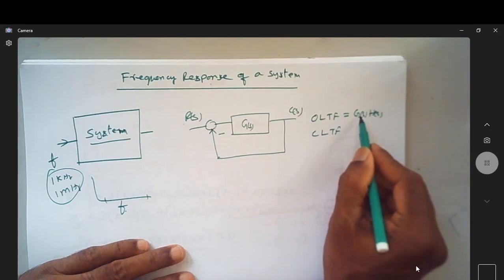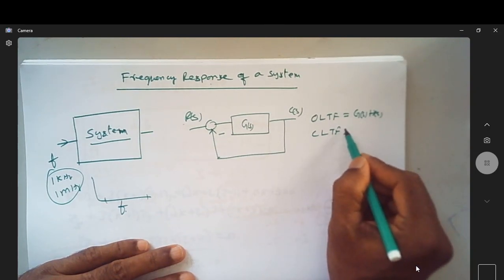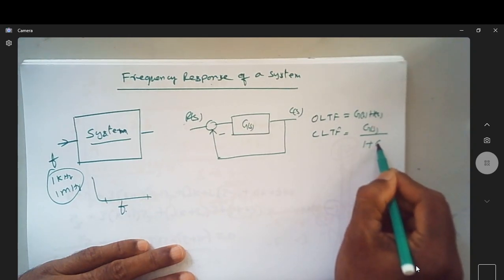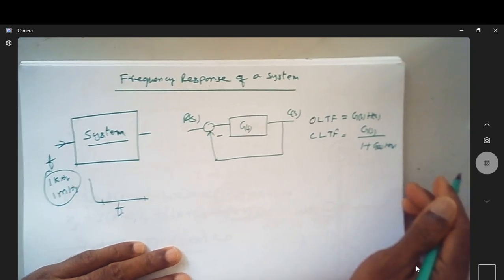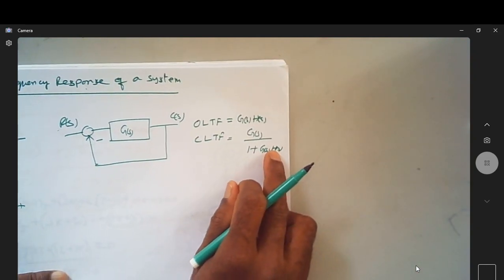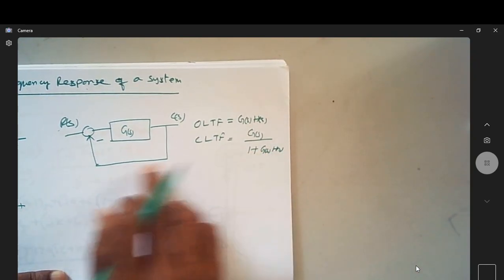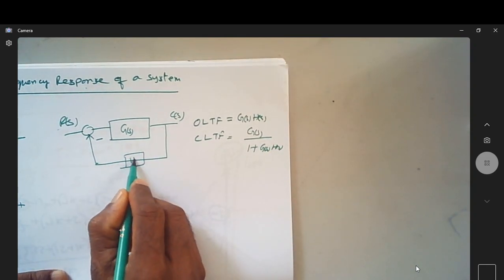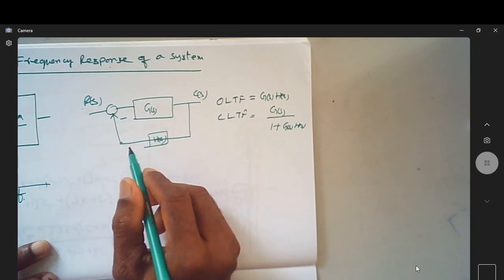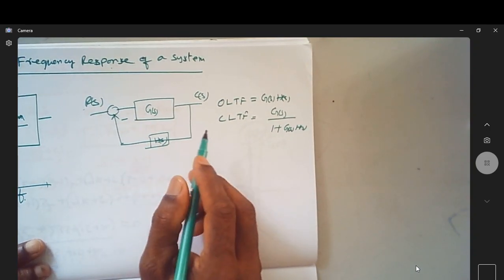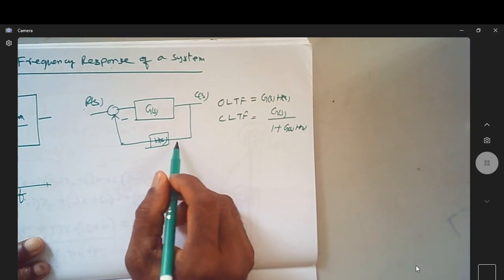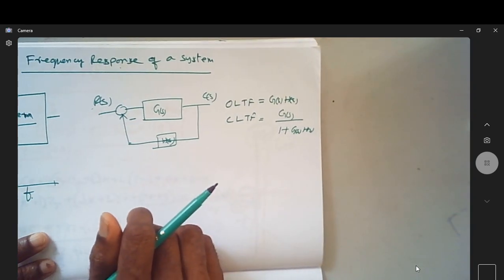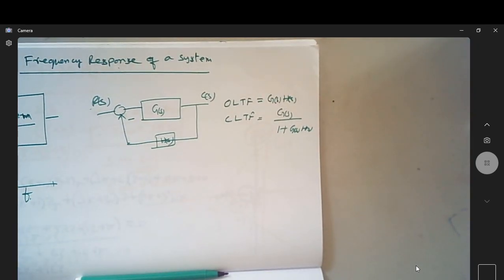Now once you know G(s), we can find the closed loop transfer function, which is nothing but G(s) by 1 plus G(s)H(s) if it is a negative feedback system. Whether the feedback is unity or non-unity, depending on that, this will be replaced by H(s). Now if you want to know the system response for different frequencies, I have to find the frequency response of this. Now let us take up an example,